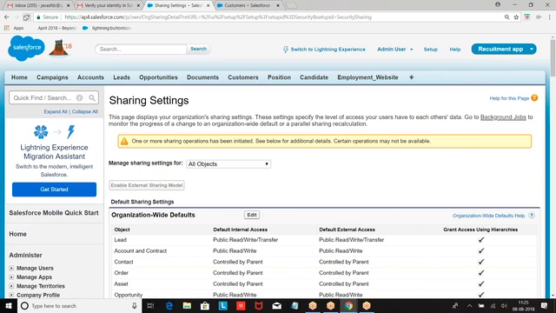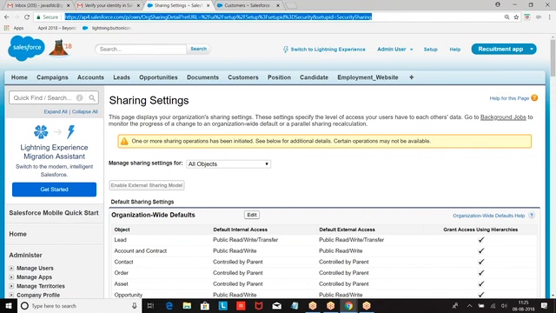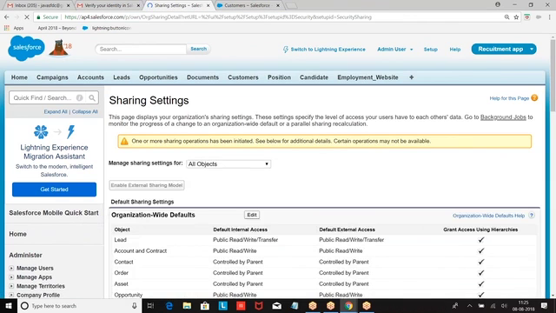None of the records are owned by Wilson, so he was not able to see. Now I gave public read. So if I am the owner, I can perform read, write, delete, transfer. If you are not the owner, you can only perform read operation.